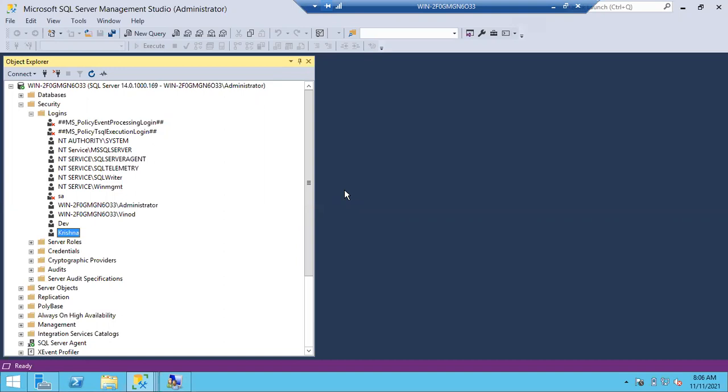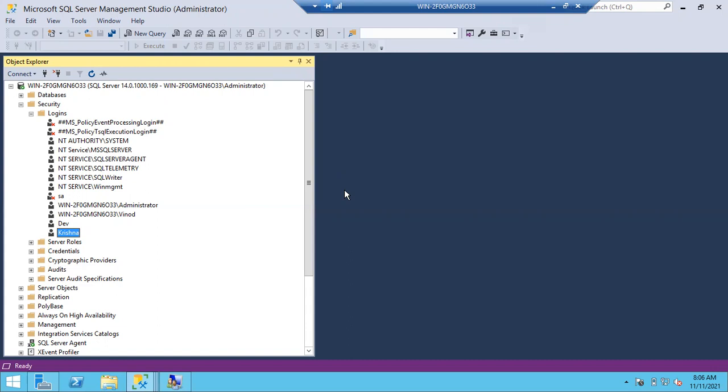For creating logins, SQL or Windows, that is our responsibility. For creating Windows level users, that is the Windows admin's responsibility. If Windows people created Windows accounts or AD accounts, as DBAs we have to create a login for them.